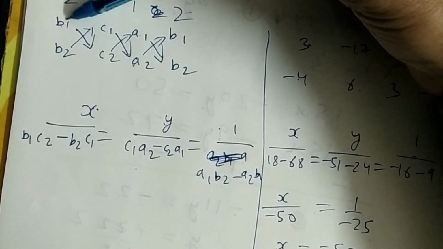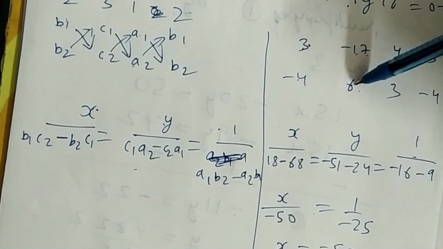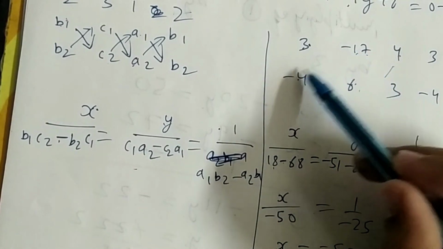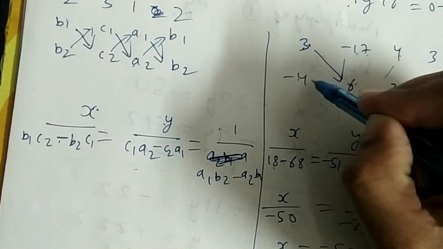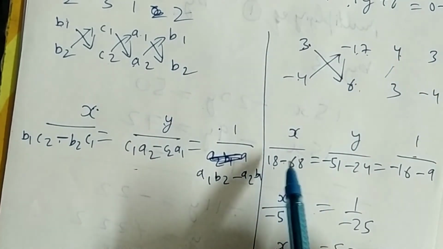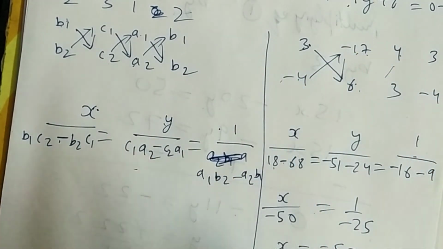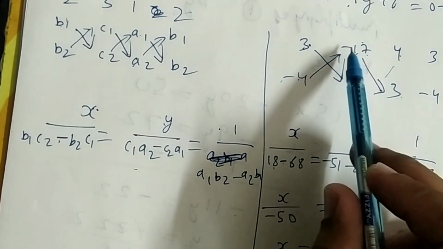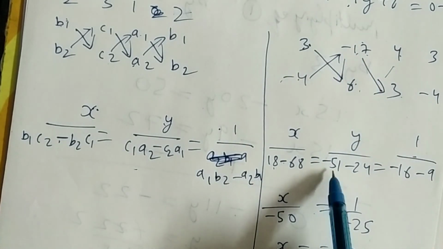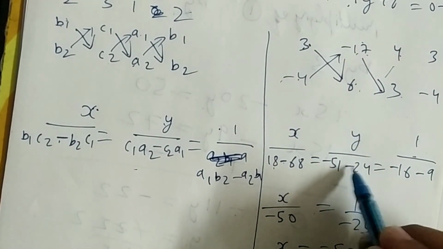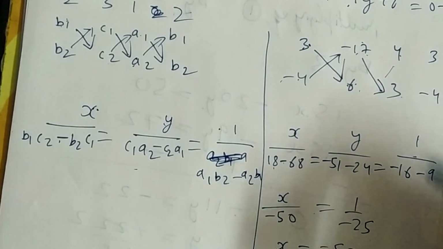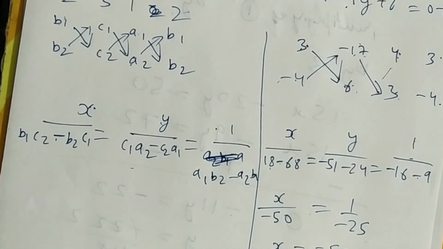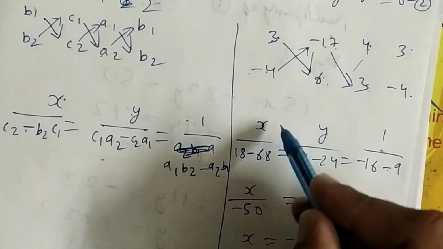Always start the multiplication from the top: b1 c2, that is 6 3s are 18. Then you must put the minus sign, write the minus sign here. Then multiply these two terms, first these two terms then these two terms. 17 4s are 68, minus into minus is plus 68. Then 17 3s are 51, but because of this minus sign we will write minus 51 here. Then write the minus sign. 6 4s are 24. 4 into minus 4 is minus 16, write the minus sign. 3 3s are 9.